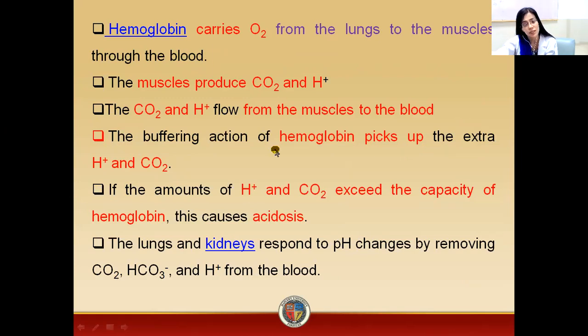Whenever there is an excessive amount of hydrogen or carbon dioxide, our body will go towards acidosis. But additionally, there are different functions happening in our body. We are trying to neutralize these hydrogen ions, either by binding them with the hemoglobin or with other proteins. We are also trying to neutralize this carbon dioxide, either by exhaling it from our body or by converting it into another component so that our body gets a balanced pH. But in addition, there are different organs in our body which are trying to remove these extra acids or bases from our body. Like the kidney is trying to remove carbon dioxide, bicarbonate ions, and hydrogen ions from the blood.